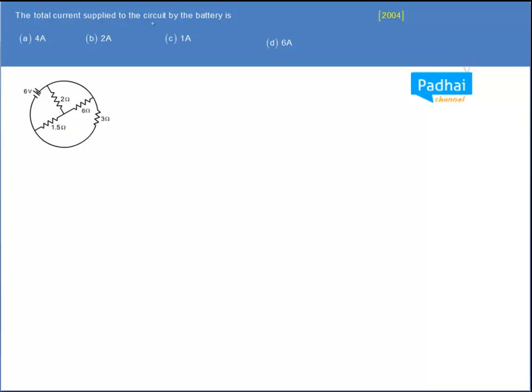The total current supplied to the circuit by the battery is... now this is again a circuit diagram. So in these kind of cases, the best trick is to redraw the circuit, right? Let us redraw the circuit. If this is, let us suppose, point A, this is point B, and this is point C, and this point is D, right? Now this is the battery, 6 volts, and its positive terminal is connected to A, then B,